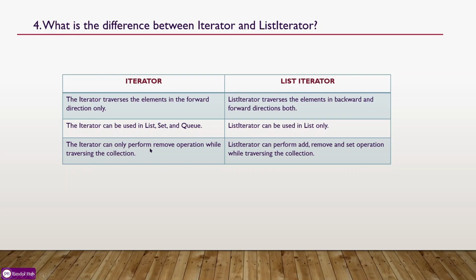The iterator can only perform remove operation while traversing the collection. List iterator can perform add, remove, and set operations while traversing the collection. So the normal iterator, a generalized iterator, can only remove, whereas a list iterator can add, remove, and set